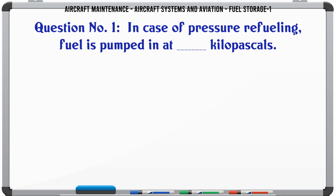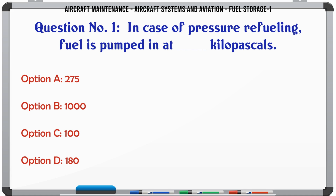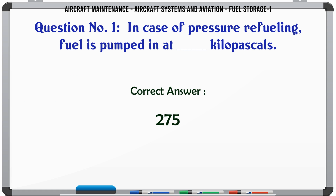In case of pressure refueling, fuel is pumped in at ___ kilopascals. A. 275, B. 1000, C. 100, D. 180. The correct answer is